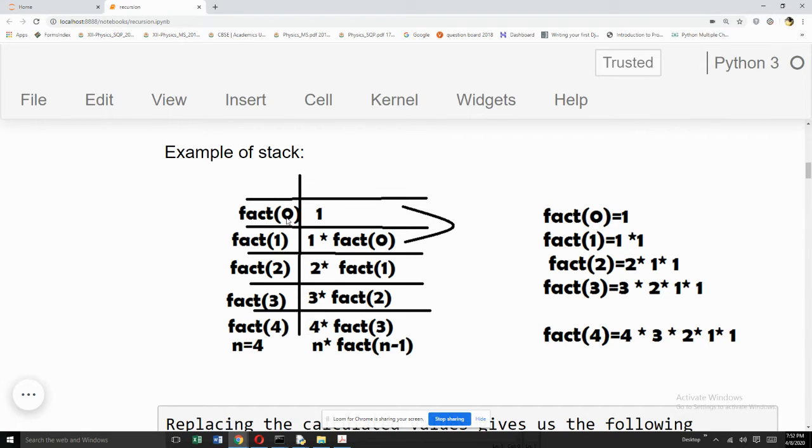Now, as you can see, what is the n value passed as an argument to fact here? It is 0. This is my base case, and I am not making any further function call. Rather, I am returning the value 1. What is 1? As we know, 0 factorial is 1. Why aren't we going further? Because the factorial of a negative number is not defined. So we are not going further.